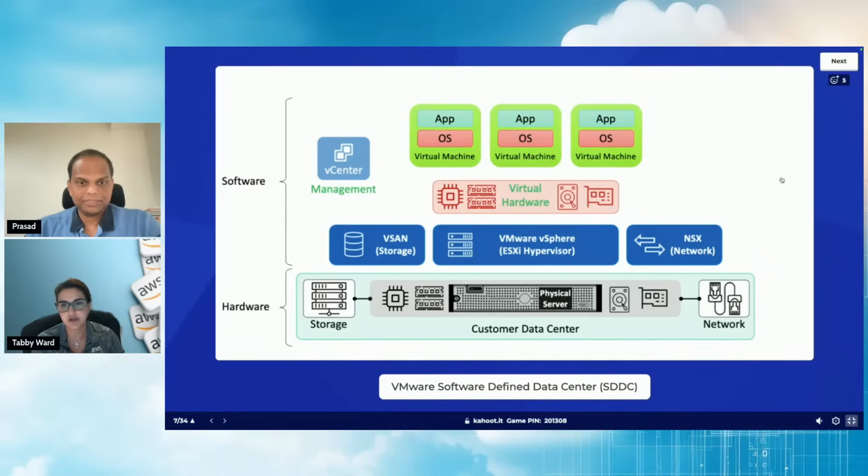Then on top, you see the software layer where VMware, the software-defined virtualization, sits on top of this hardware layer. The vSphere or ESXi hypervisor is the virtualization layer that basically abstracts the physical compute resources underneath the hood. Then we have vSAN, which is the software-defined storage that virtualizes the pooled physical storage. Thanks, Prasad, for pointing that out. That makes a big difference. And then we have NSX, which is the software-defined networking that virtualizes the network resources.